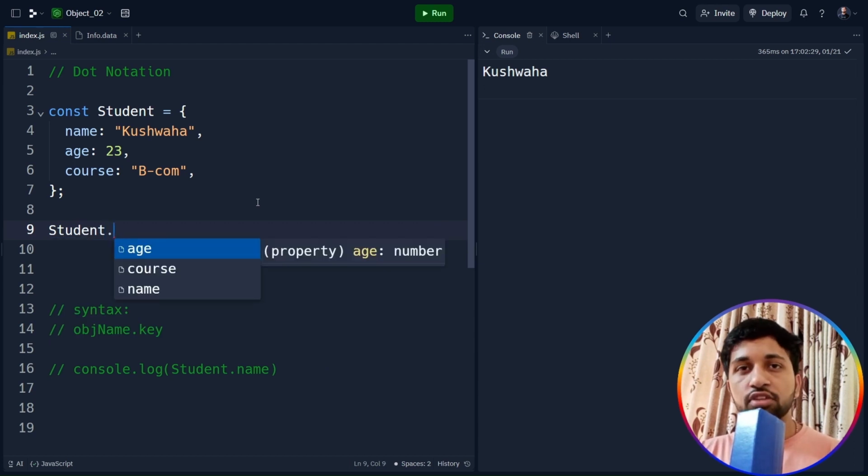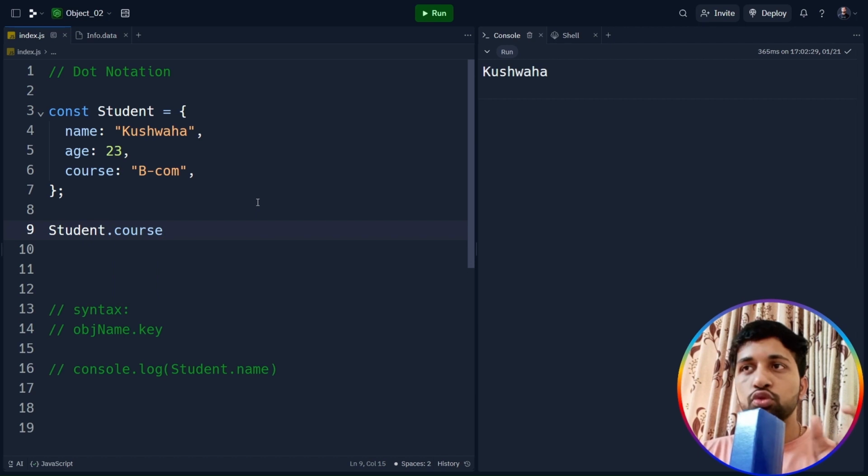Now I'm getting the suggestion. The question is, of which particular key do you want to update the value? So I just want to update the course from BCom to MCA. So I'm simply putting student.course is equal to MCA. So you are able to see in this way I'm able to update the value of a particular key,